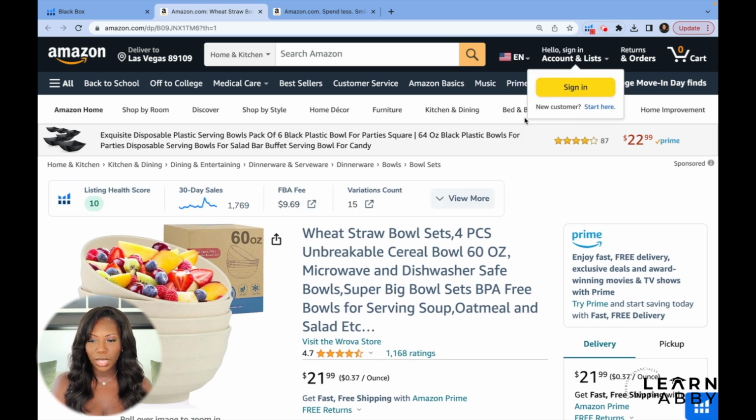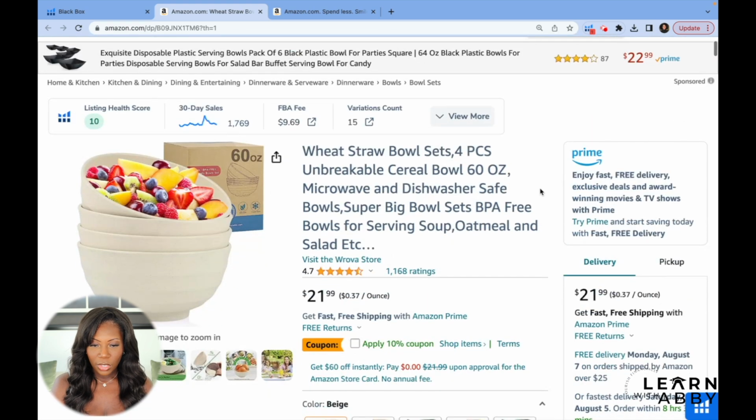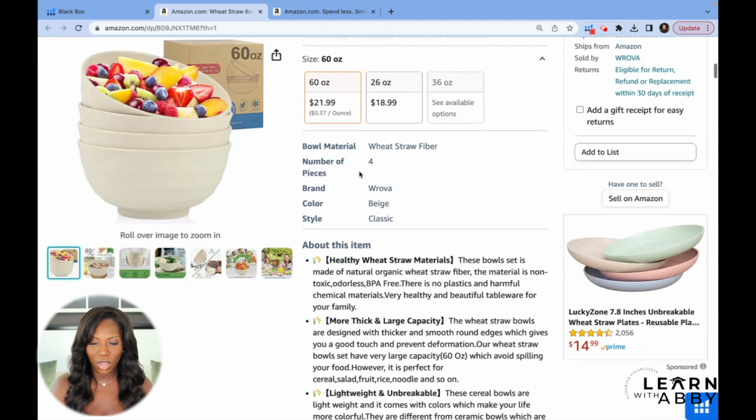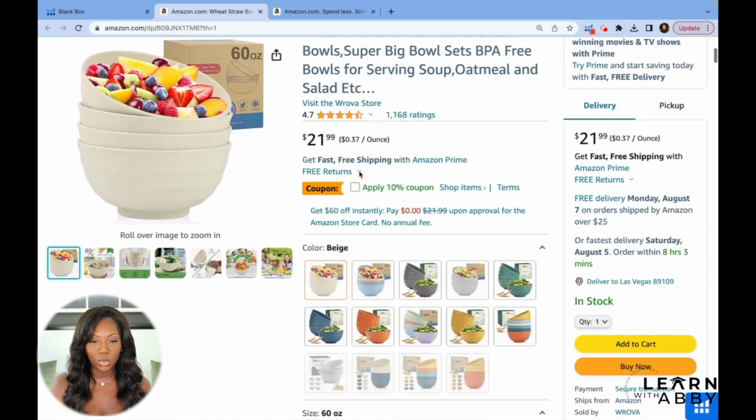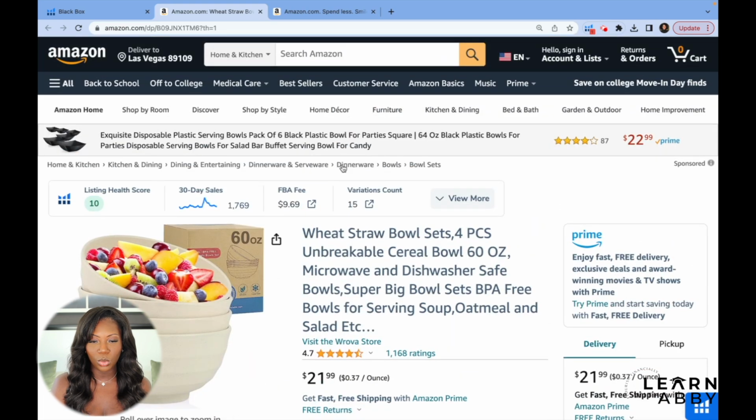Just double checking that the whole desktop was recording. Didn't want you guys to not be able to see. So these are wheat straw bowl sets. And I don't know if wheat straw is a material similar to like bamboo. Some of you may know better than I do, but I'm going to go ahead and look at that word